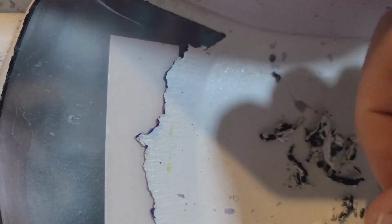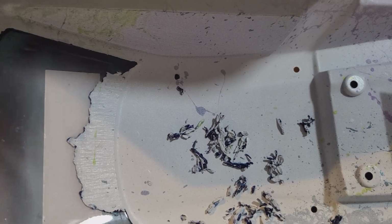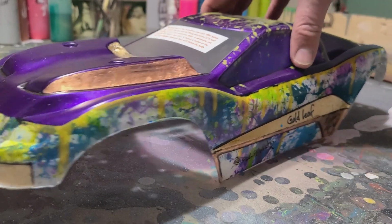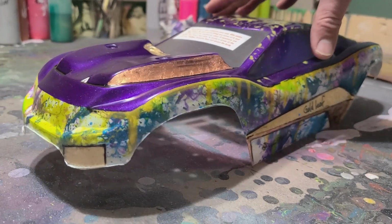and it's just a slow process, and then it rips off in a tiny little bit. So I'm going to finish that off, and then I will leave the other windows alone. So I've got that clear. Like I mentioned, I'm not going to mess with these sides. So yeah, let's